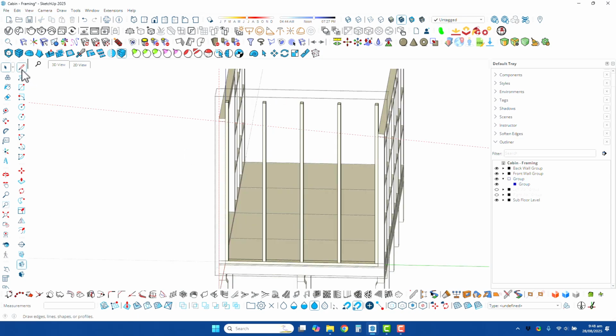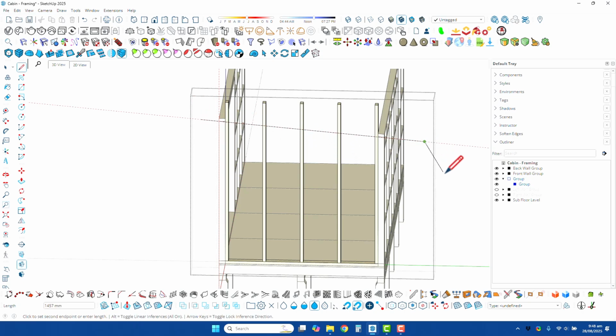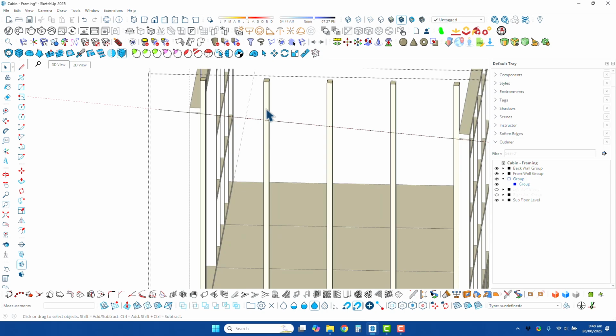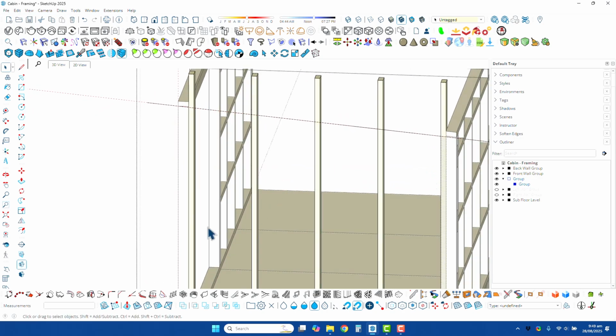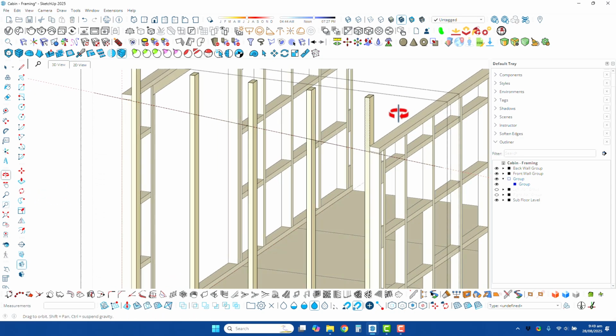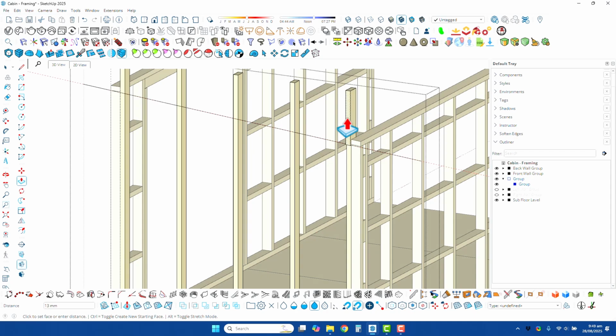There you go. Then using your line tool, you can click on that guideline, pull a line through. Now that'll leave you with a tag. Just press escape to free yourself of that. Now what you'll notice, if you get the selection cursor, is that line has divided every one of these studs into, I don't know, sub-editable options. You've got a splice. So using your push-pull tool, you can click on a face and push that face back